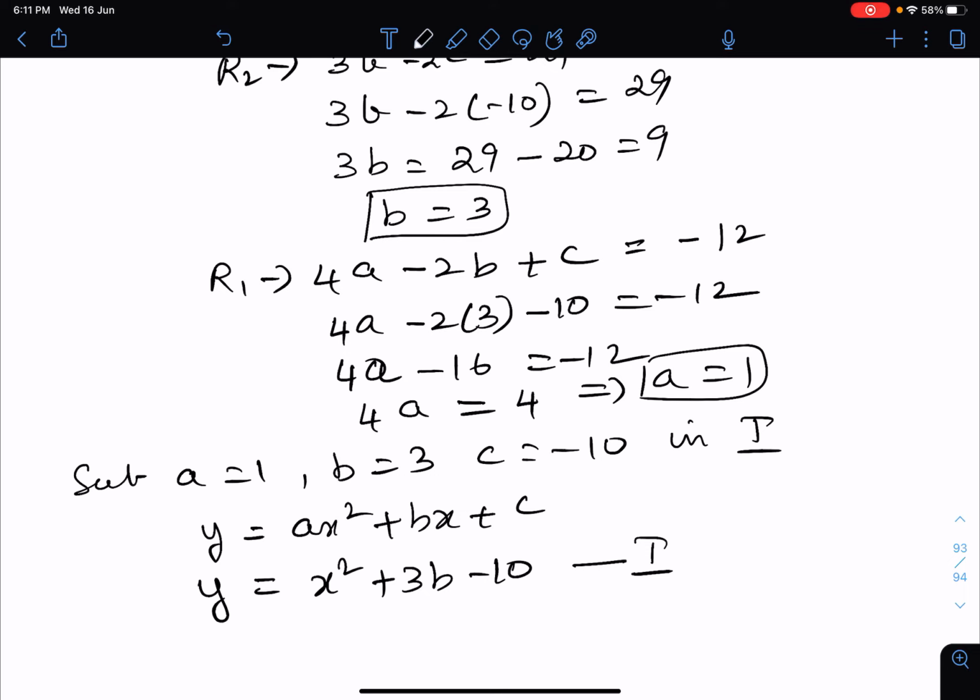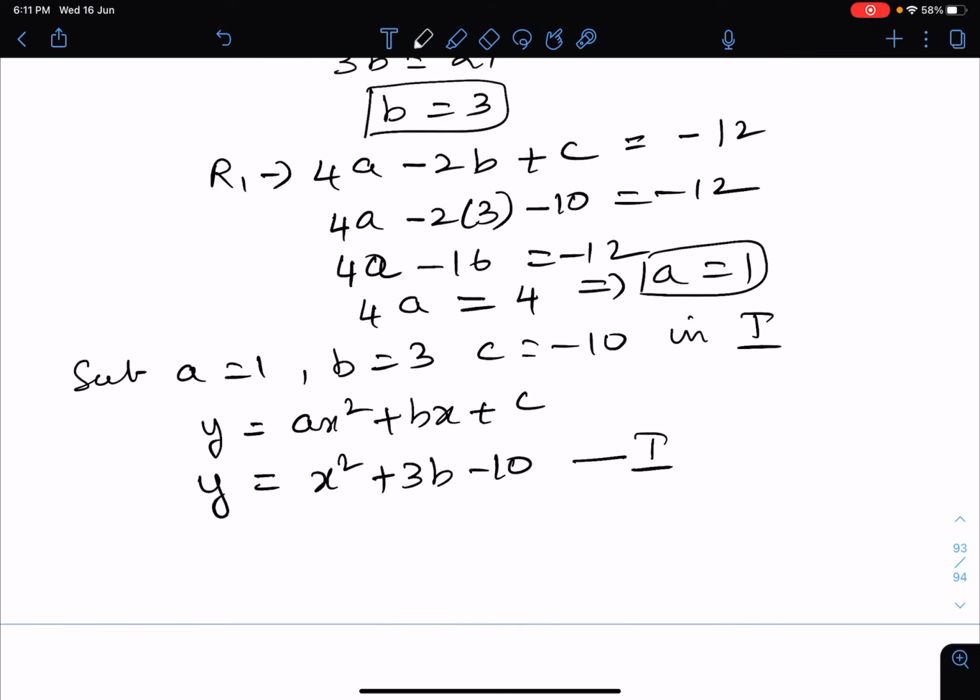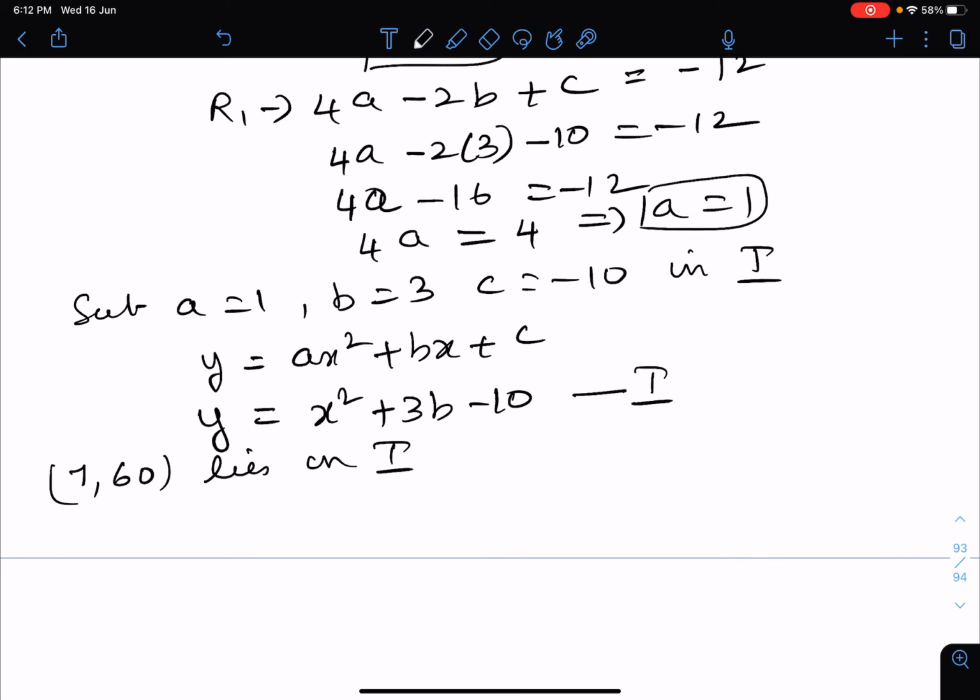And now they are asking us whether he will meet his friend at the point 7, 60. What is the meaning? We are going to verify whether this lies on Roman letter 1. So when you substitute, you have to get equal. So our y value is 60. So we will do in the RHS. We will substitute in RHS. Put x equal to 7. You should get equal to 60. Okay. So in RHS, you are going to substitute.